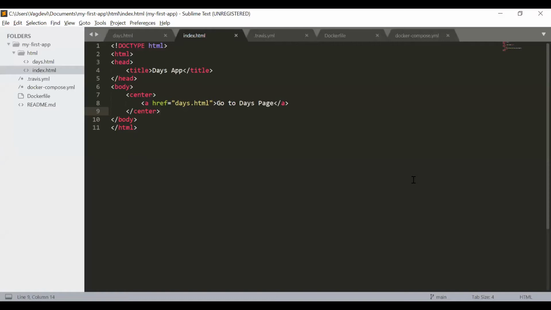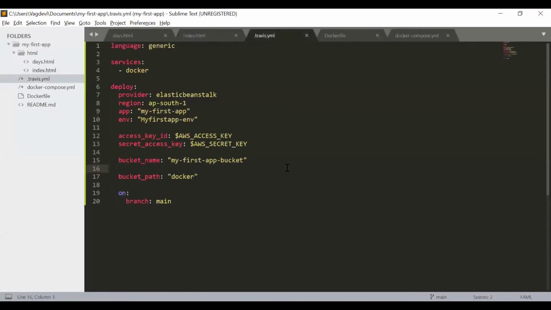So now let us change the Travis file. So we have two things to deploy now, not only one. So one deployment is for the testing server or testing thing, and the other is the production application. Okay, so we will just copy paste the entire thing because it has the same thing, and we will be adding a hyphen here, meaning we are writing an array form now. So indentation must be correct.